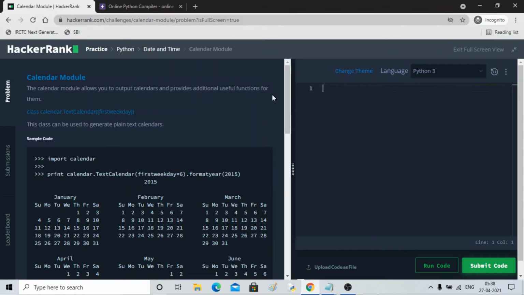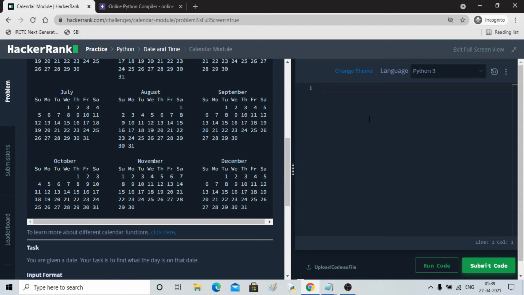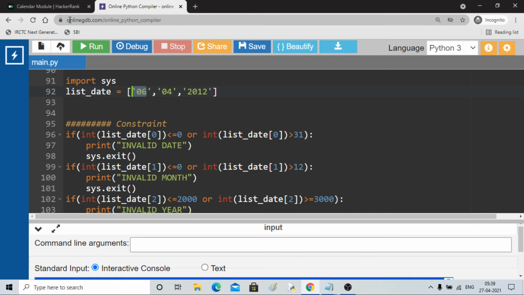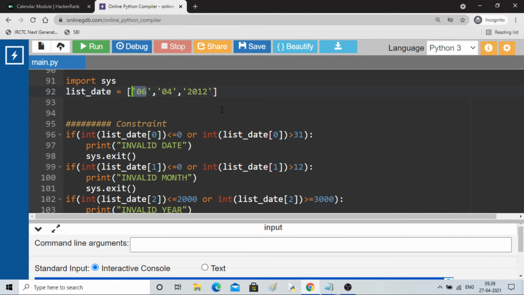Now let's code it. Okay, so what I will be doing here is showing you the code. I've already written it, so I'll go through it. If I write the full code, it will take a lot of time. It's a long code, and here you can see it's our question and it is clean. So I'm using onlinegdb.com online Python compiler just to give you a feel of how it is working, and then I'll transport this whole code here. Okay, so let's see how I've done this.